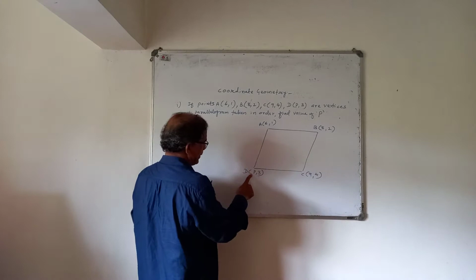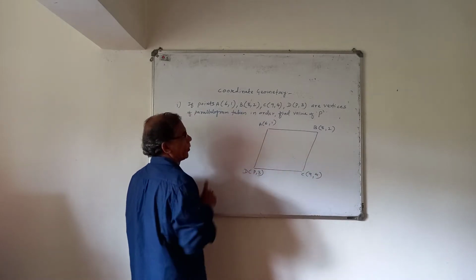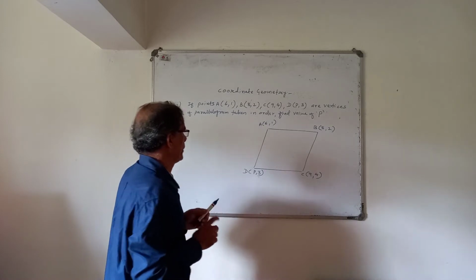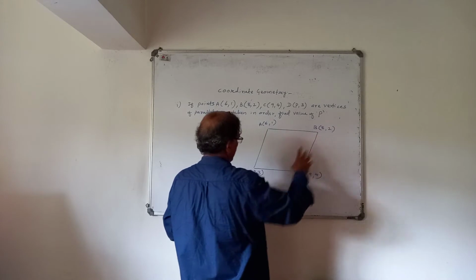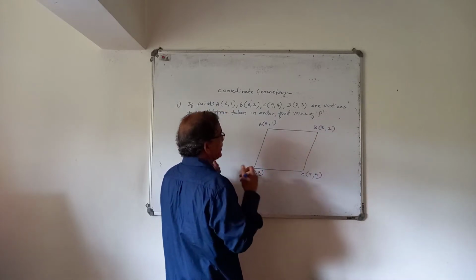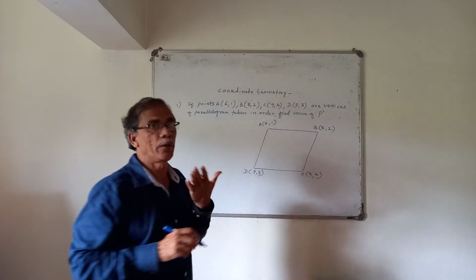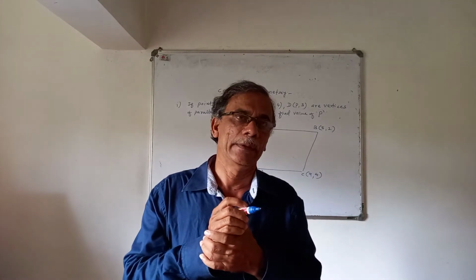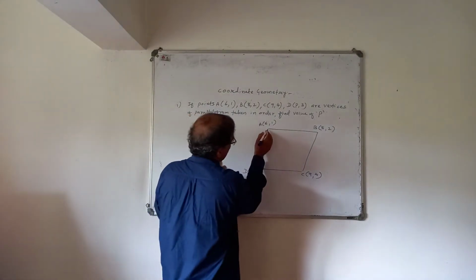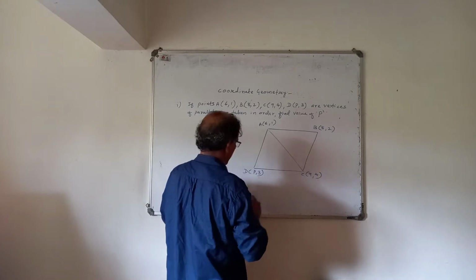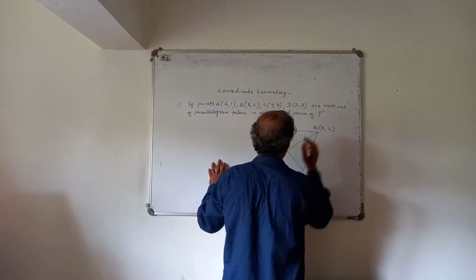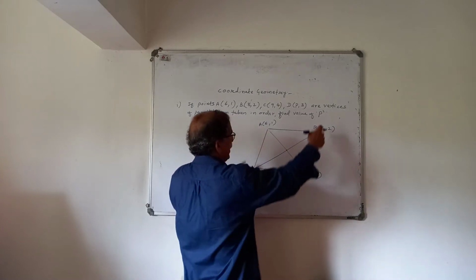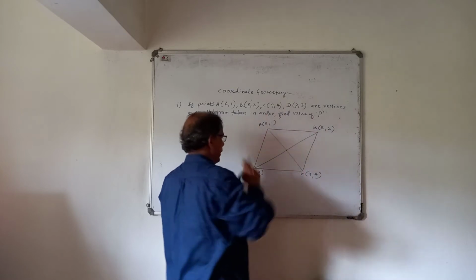Now, P means what? It is the x coordinate of D we have to find. Now, how can we find P? There are two alternatives. Now, see, this distance should be equal to this distance. Or, a very simple method, what are the properties of diagonals of a parallelogram? They bisect each other. Now, for example, this is AC, one diagonal, and this is DB, another diagonal. So this is a common point, which is the midpoint of AC as well as the midpoint of DB, isn't it?